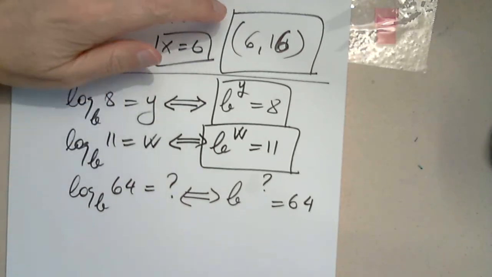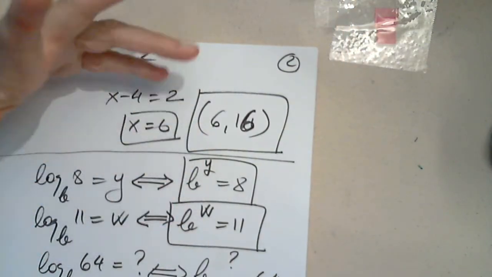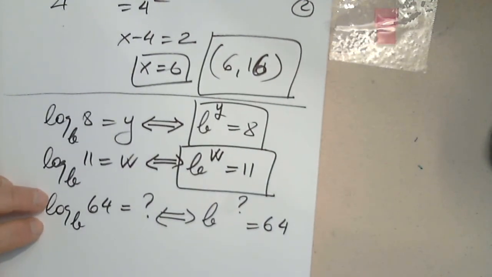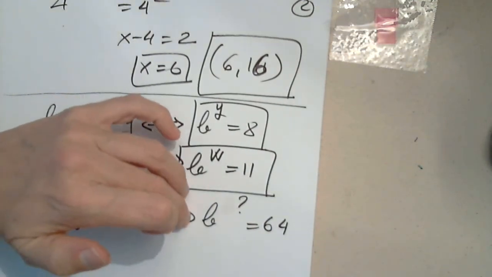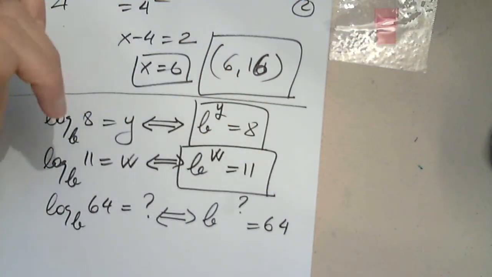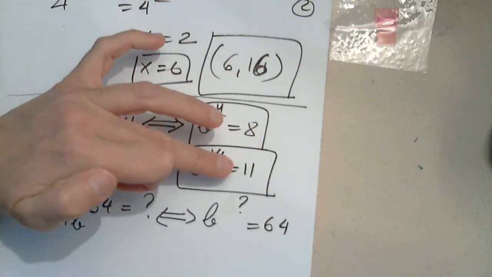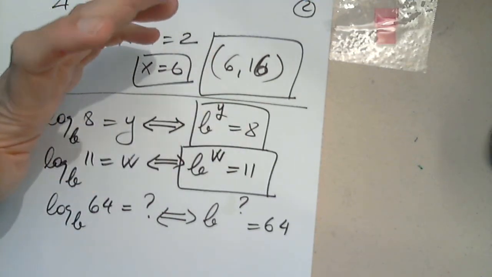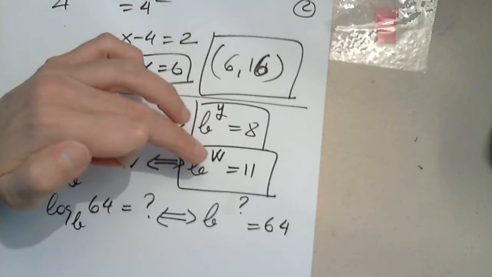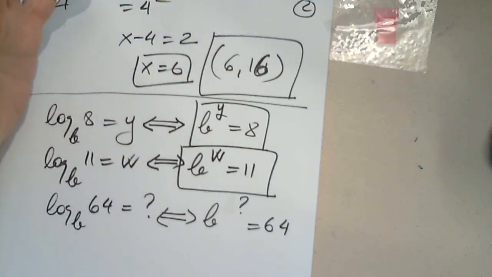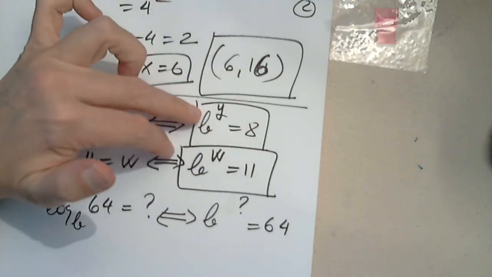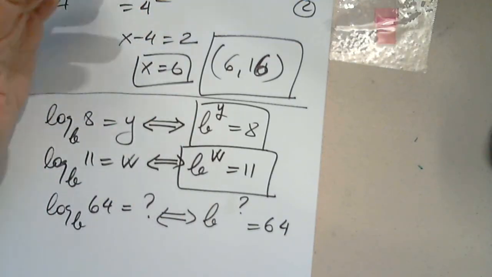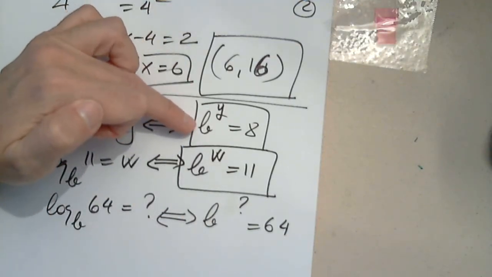So they're giving us these two, and they want us to determine this. b raised to what power is 64, knowing all this. So b raised to y equals 8. b raised to w equals 11. And then from here we have to draw the conclusion and find b. So from here,